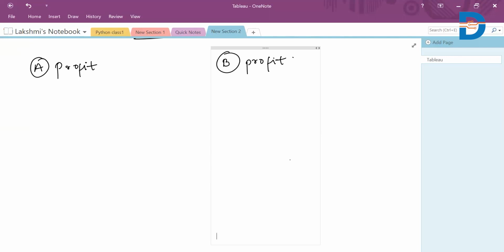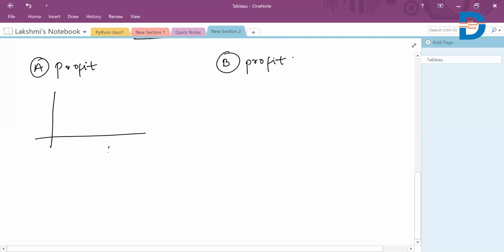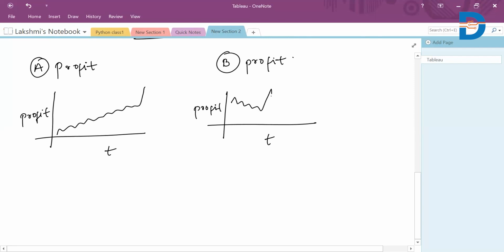Let's say we have considered all the factors and plotted a graph with respect to time, showing how the profit is being made with respect to various products. Let's say for company A, the trend goes something like this. For company B, it is going like this.